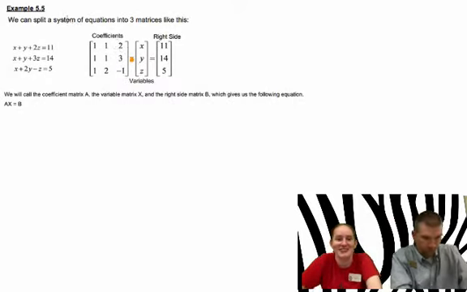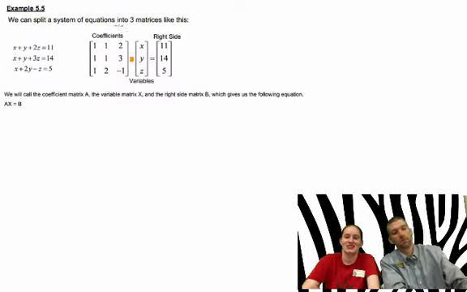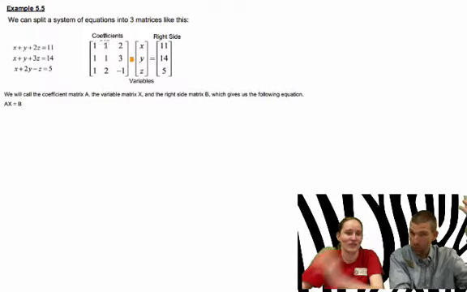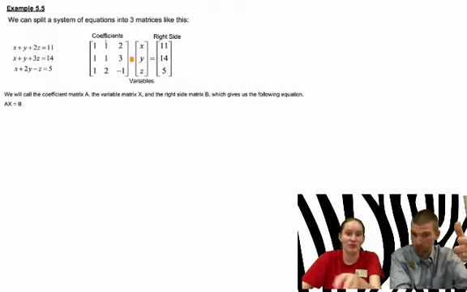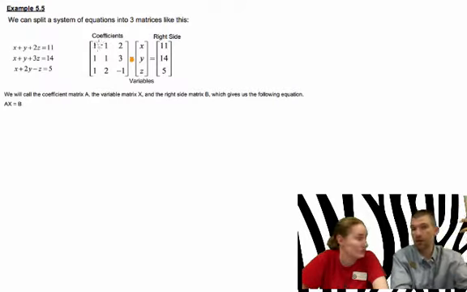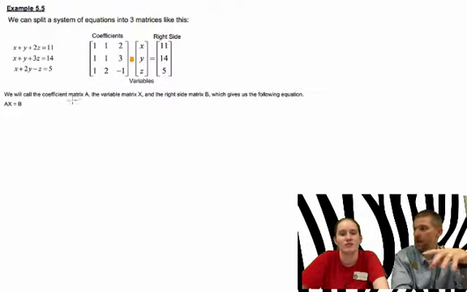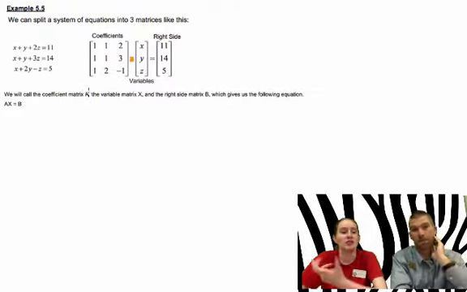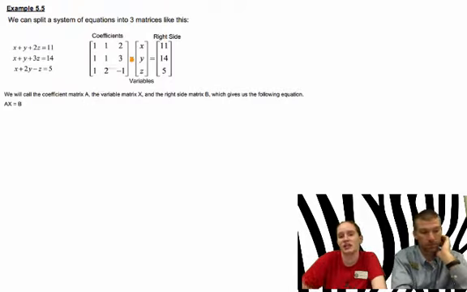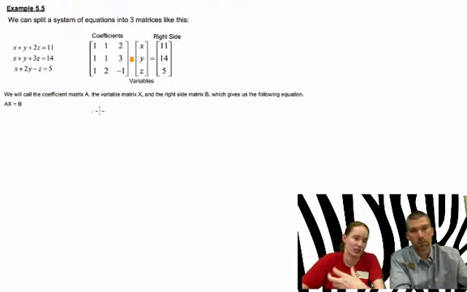Example 5.5. We can split a system of equations into three matrices where we have the coefficients times the variables equals the right-hand side. So this is like the augmented matrix idea where you take the different pieces and you split them up, but you're splitting them up differently. And the idea here is if you put this into your calculator and you put this particular matrix in as